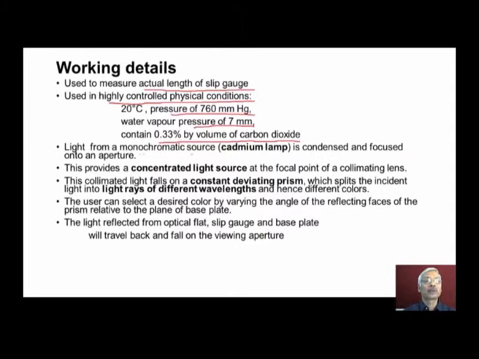Light from the monochromatic source, normally a cadmium lamp, is condensed and focused onto the aperture, and this